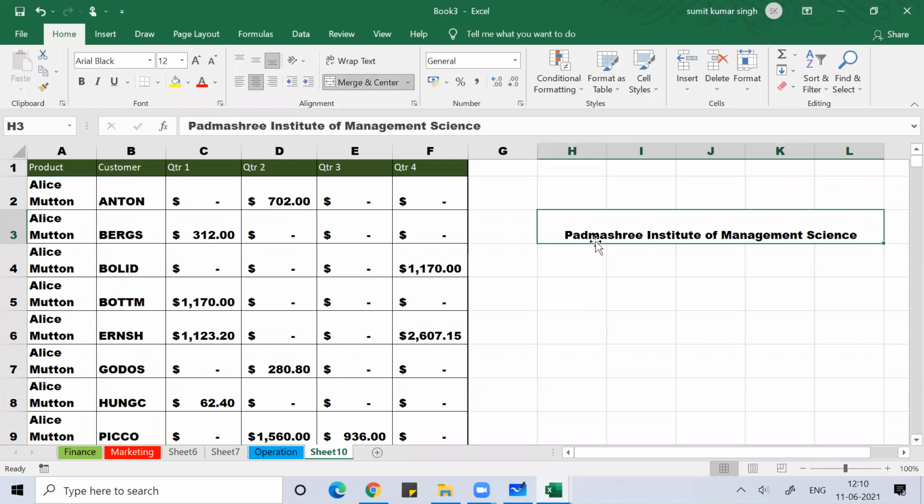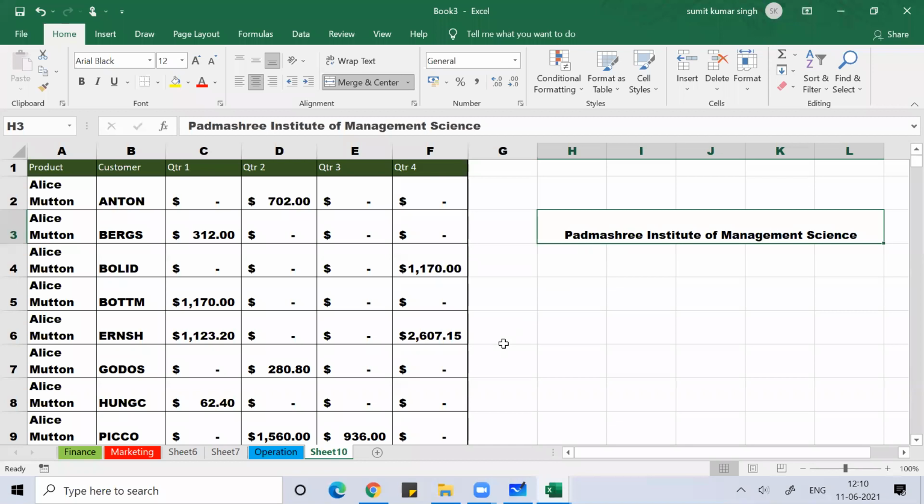The other way, what I want is magic. What magic do I want? I want that automatically the width of the cell changes depending upon the content I write. If I write big, automatically that width should increase. If I write small, automatically the width should decrease. You can write a program for that, guys.